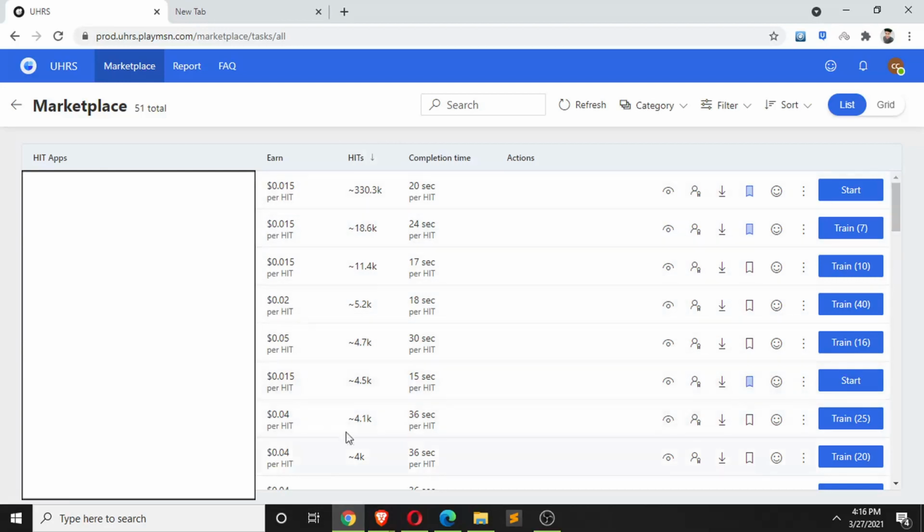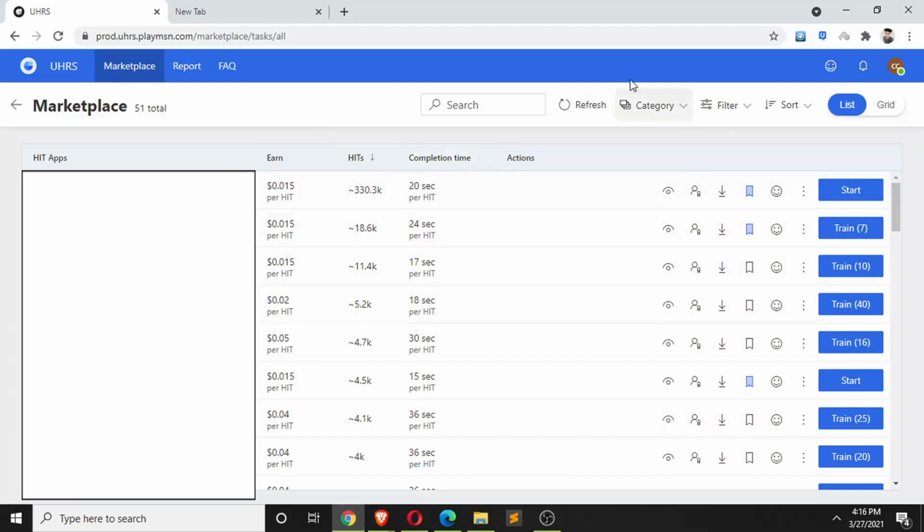So now you can see which are the hits that are currently highest in number. You can do as per your want, and this is something that will help you in doing particular tasks, right? So yeah, make sure you sort on the basis of hits, and you make it a list view. This is one thing I'd like to highlight to everyone. This will make things clear.